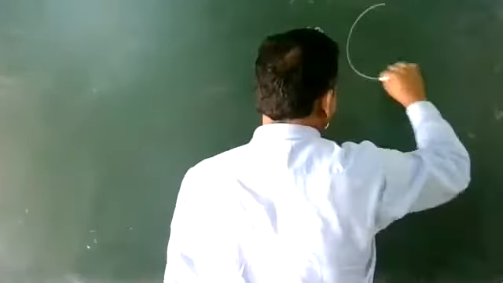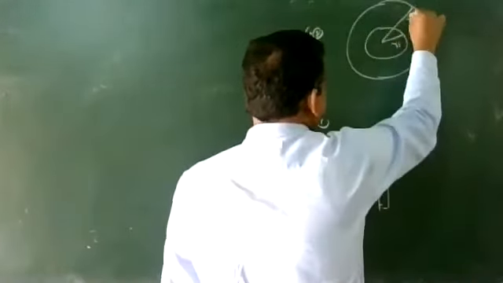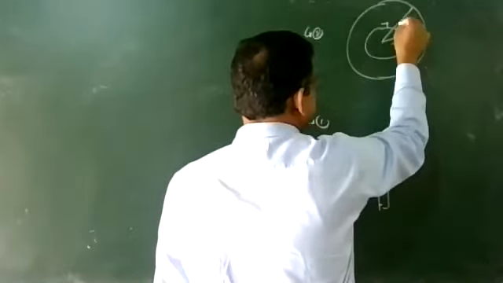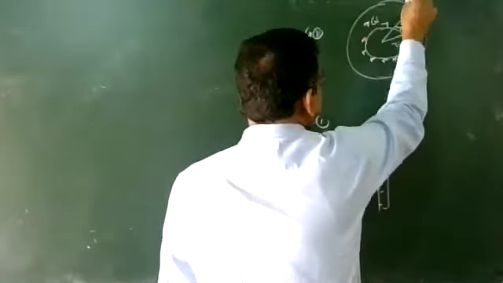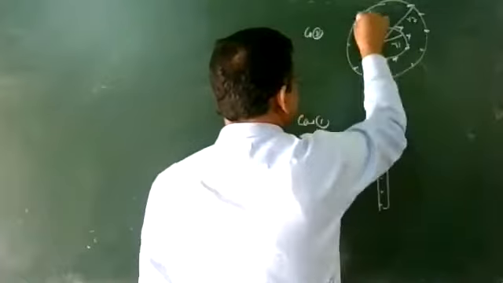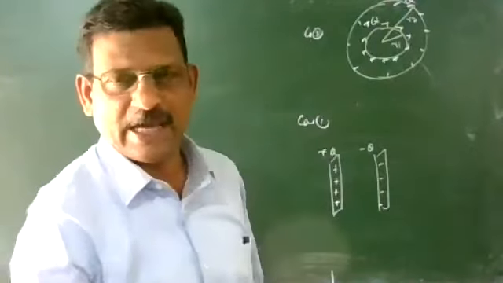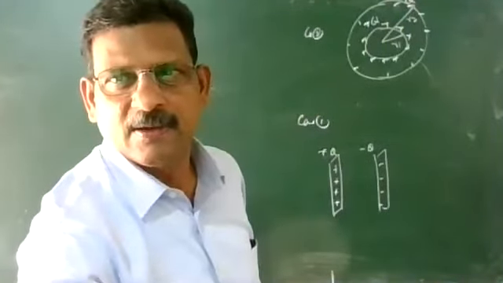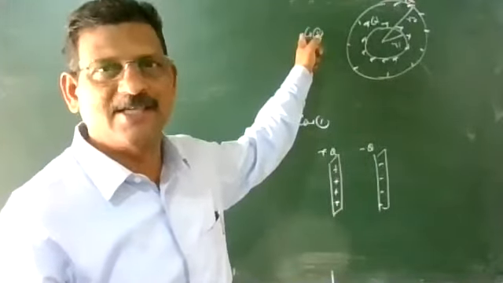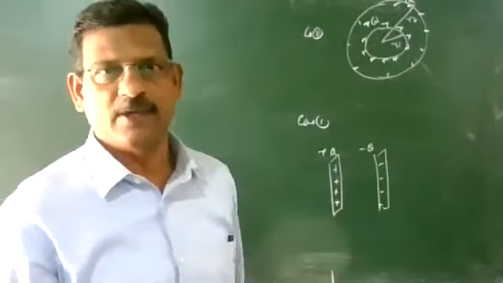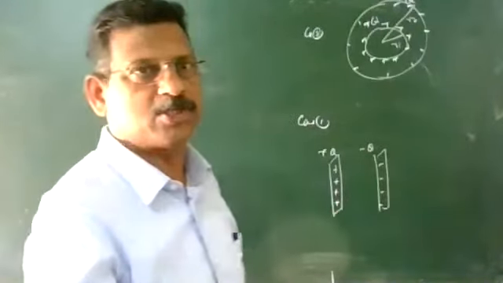Case two, one more example I am giving. You can take two concentric spheres, one of radius R1, another of radius R2. One has plus Q charge, another has minus Q charge. So that is a spherical capacitor. If you have cylinders, a coaxial cylindrical capacitor is also there. But we have to discuss in the syllabus only the parallel plate capacitor. So we are going for the parallel plate capacitor.